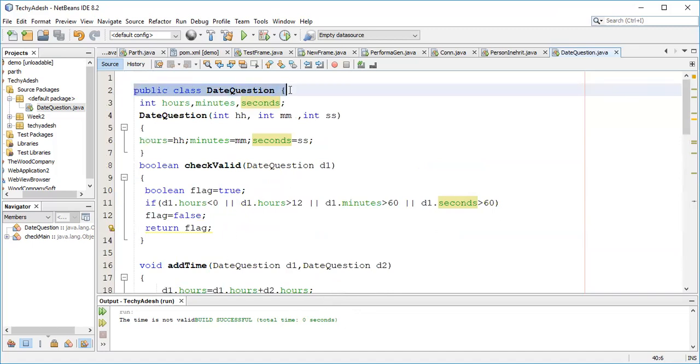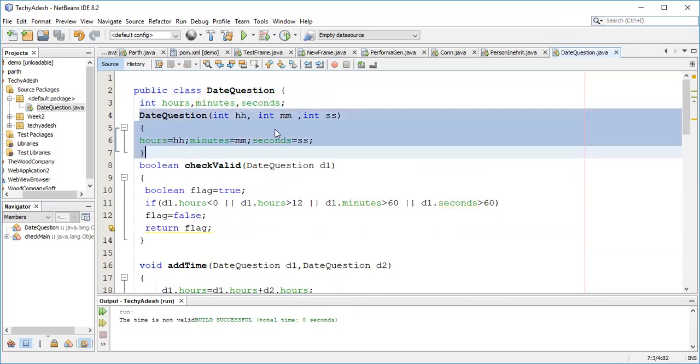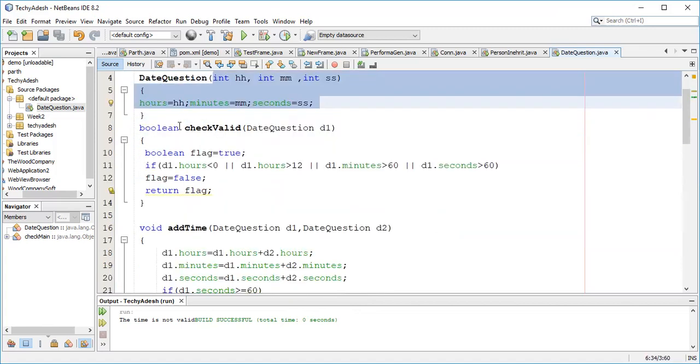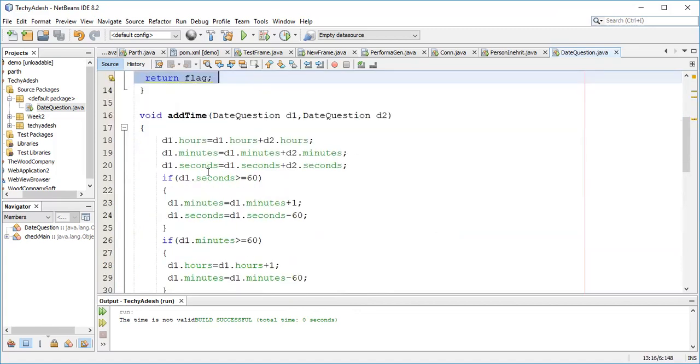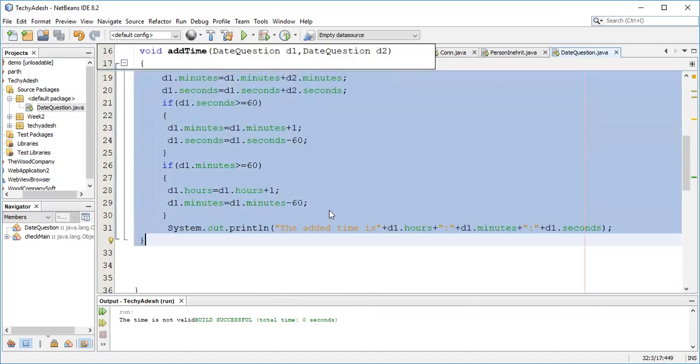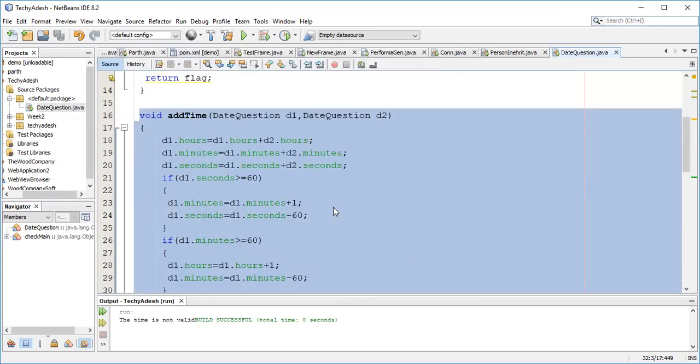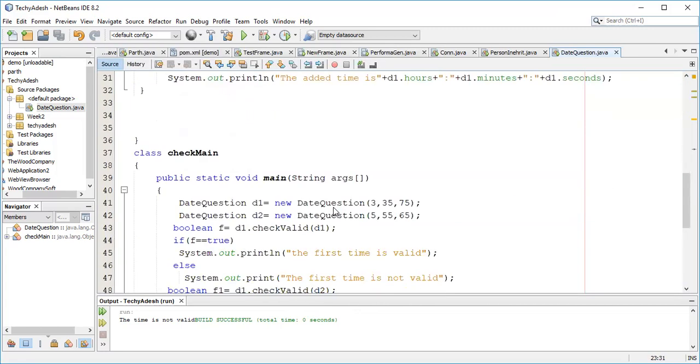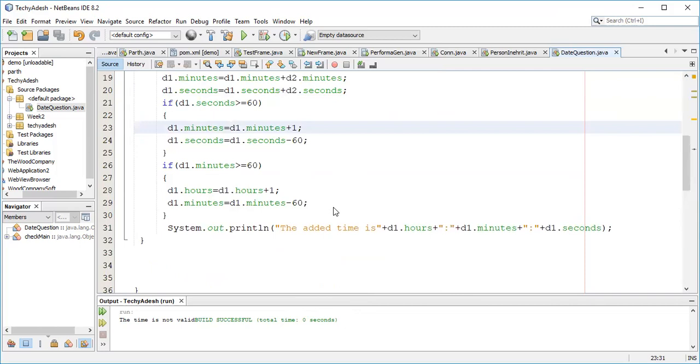I started from creating a class, then class variables, then a constructor, and the constructor initializing the values. Then there is a function which is checking whether the time is equal or not. After that, for adding two of the objects, you can put your conditions over there also, right? Because in this question, I have taken the example as the